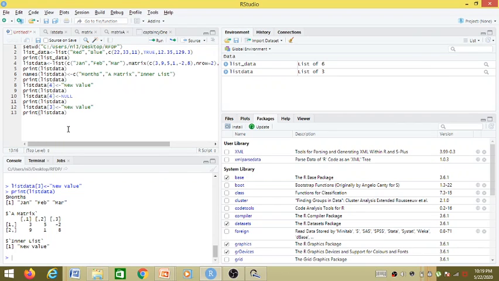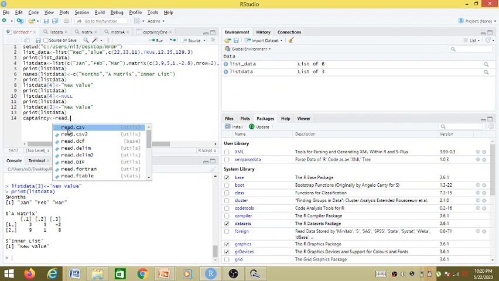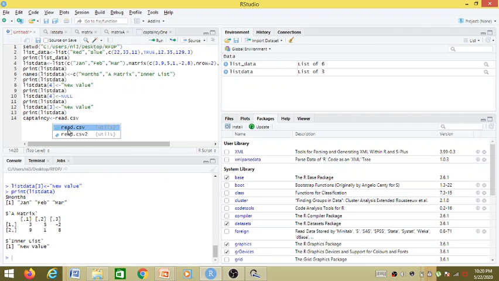Captaincy, and I am creating it from a CSV file. That's why the read.csv function will be used, and the file is captaincy data.csv.